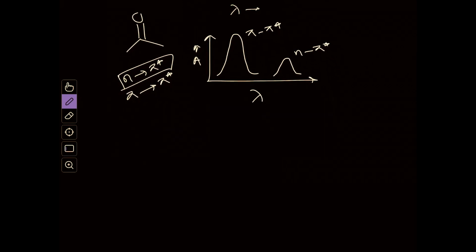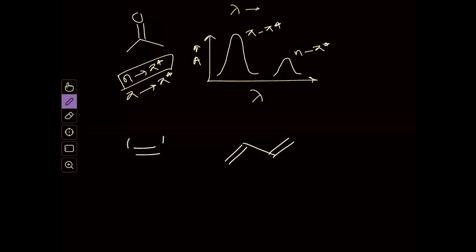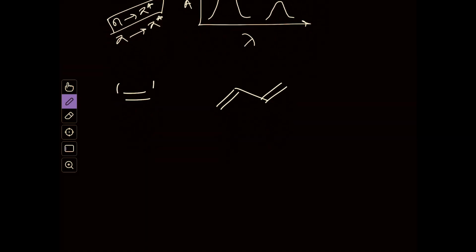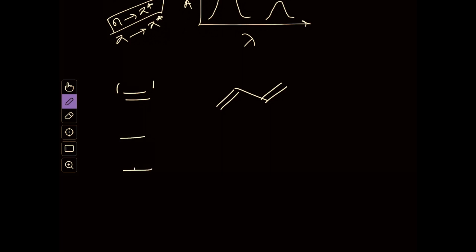After that, we will discuss the effect of different phenomena, like the effect of conjugation on the UV spectrum of a molecule, because the effect of conjugation is the most prominent effect on any UV spectrum. For example, if you consider a simple ethylene molecule and a butadiene molecule, how would you expect the UV spectrum to change? In ethylene we have the usual π→π* transition, and in butadiene also we have a π→π* transition.